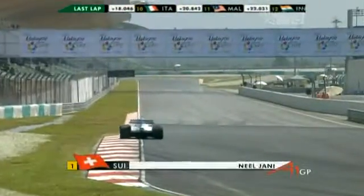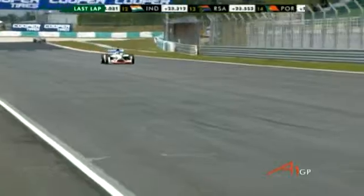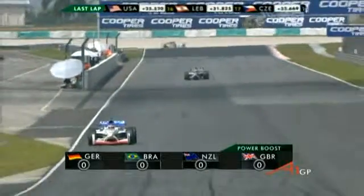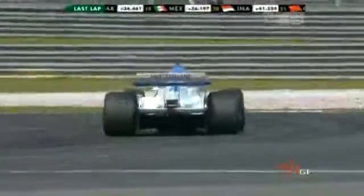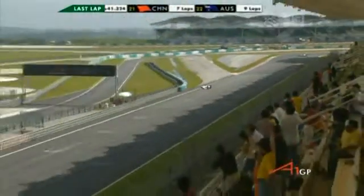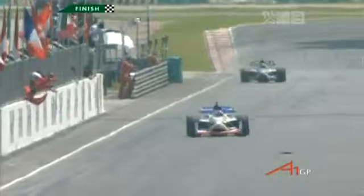But look at this man, he's been supreme out front. Absolutely no one's been able to touch him in this race. He has a huge lead in only 10 laps. It's Neil Yarni for Switzerland, and he's heading down the final straight here towards the last corner. He's got nothing to worry about. He's just got to coast it round the final turn, and it is Team Switzerland who are going to take their 3rd ever A1GP win, and it's back-to-back sprint race victories at Sepang in Malaysia for Neil Yarni at Switzerland,